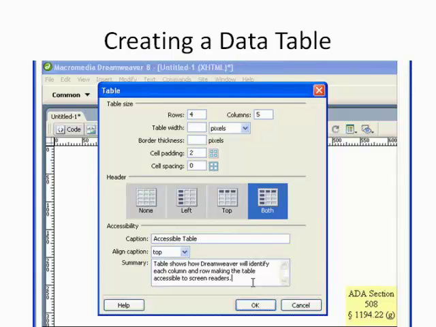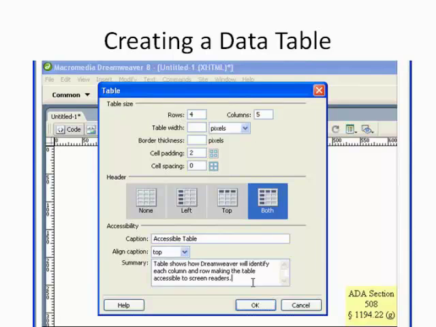Obviously, data tables are very important for expressing communication, for showing different tabulated type information. And so you want to select most likely the both option, notice over there on the right, and that will throw special code into the development of that web page, and then the screen reader will be able to identify the header and the row identifiers for each of those cells for persons who are using the screen reader.